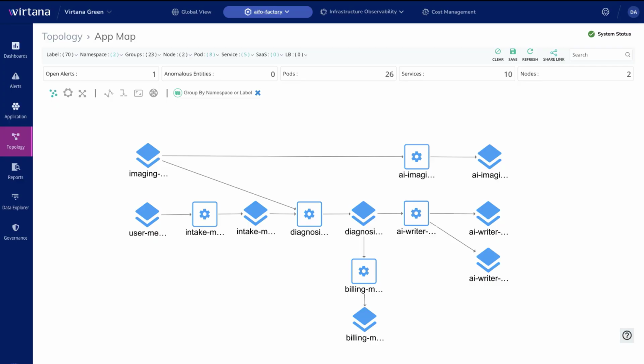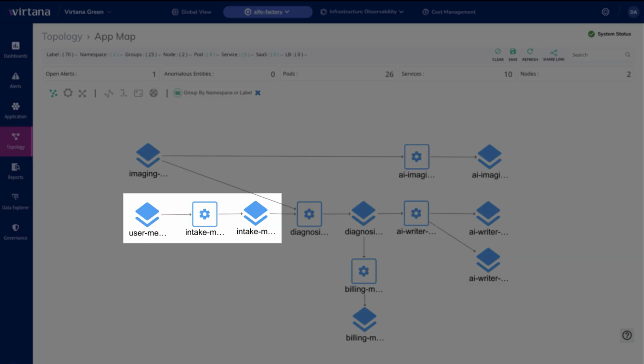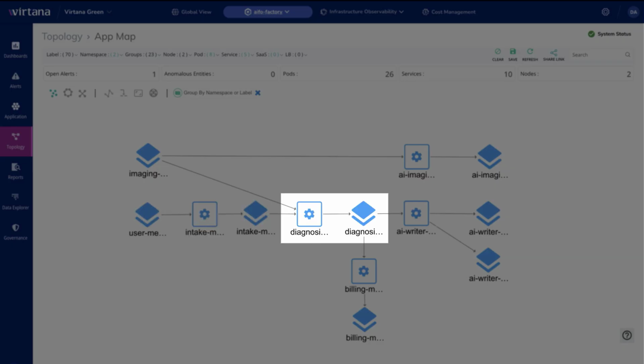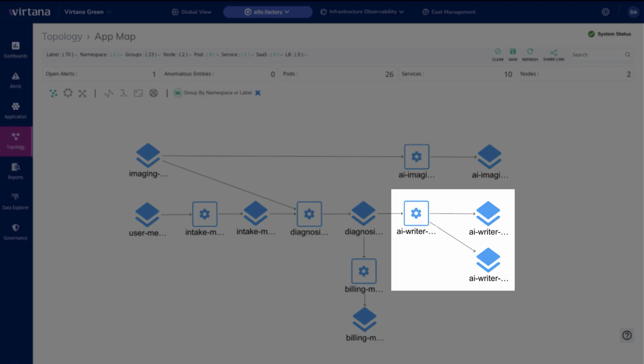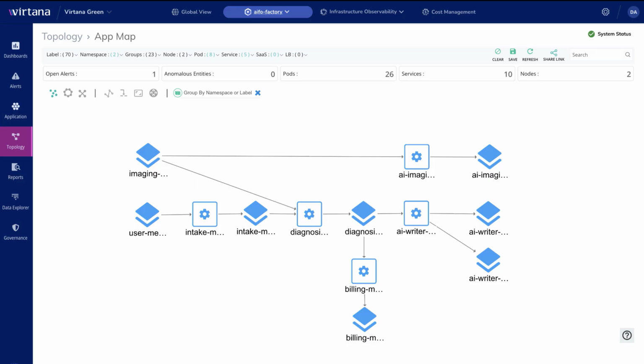Let's dig a little deeper into our health application to understand the relationships of the containers. Here, we are looking at a container topology automatically discovered by eBPF. We have a user interface that feeds an intake service, followed by a diagnosis service. The diagnosis service uses a replicated, locally hosted AI writer service which requires GPUs to create specialized medical documentation based